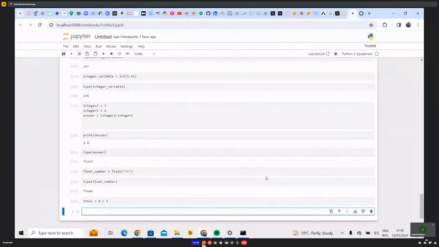So if we print total, we would expect it to give us 11. Then we have the subtraction operator. It subtracts the right operand from the left operand, just as it happens in real life. So I would say, like, an example of